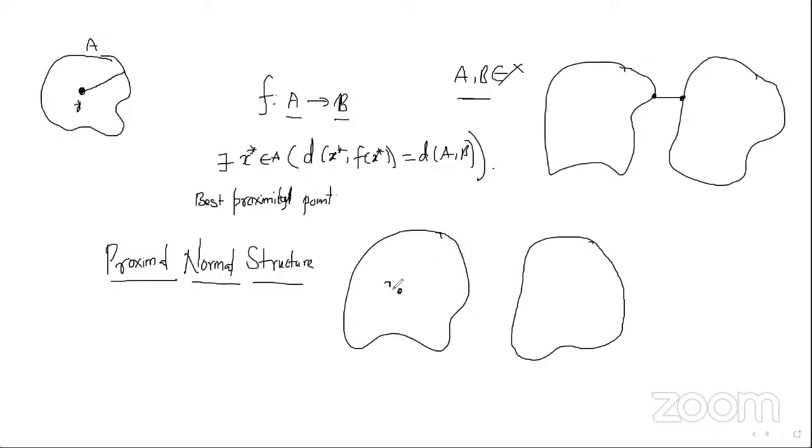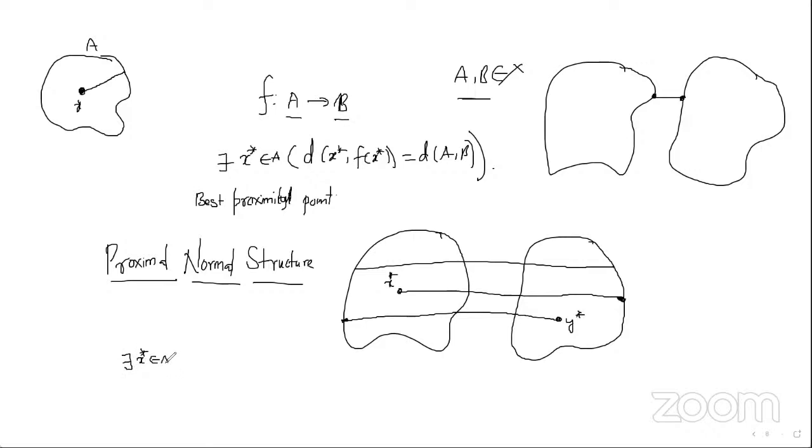Fix one point x star and look at the diameter of x star to B. Similarly, fix one point y star and look at the diameter of y star to A. These two, or the maximum of these two, should be less than the diameter from A to B. Equivalently, there exists one point x star in A and another point y star in B such that the diameter of x star to B is